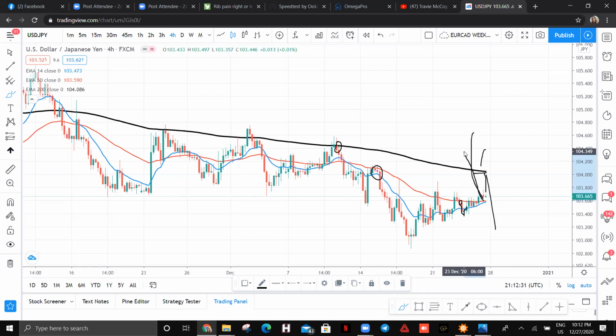Now, I want you to understand this. No matter how this crossing happens, there must surely be a retest. That's why I taught you the support and resistance zone and rectangle strategy along with this. You will need the knowledge of all the things you have learned, even in your scalping strategy. So no matter how you break, just like we are seeing the break here, you will see a retest before